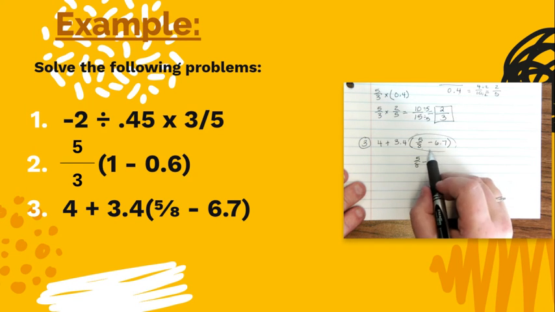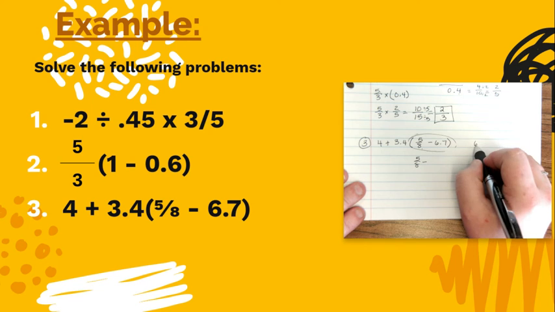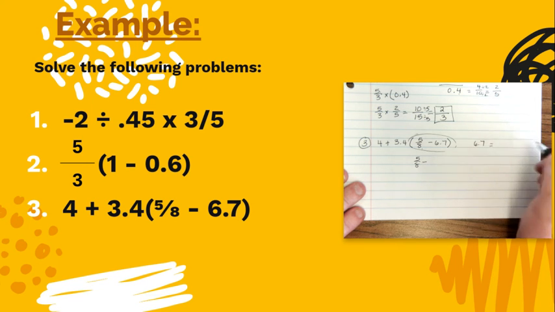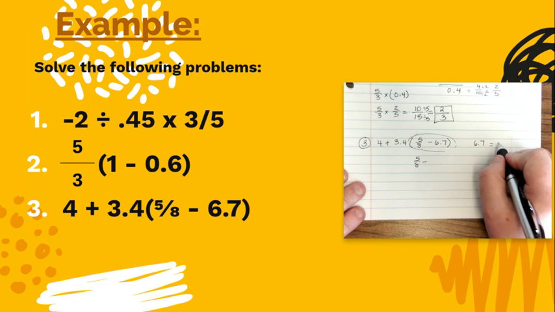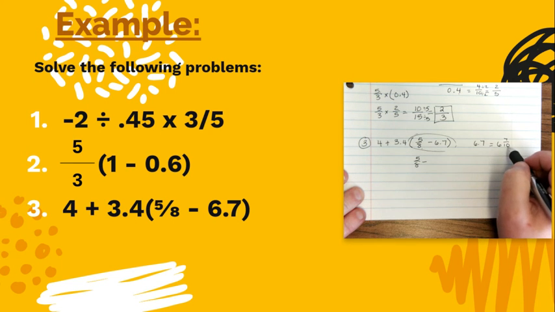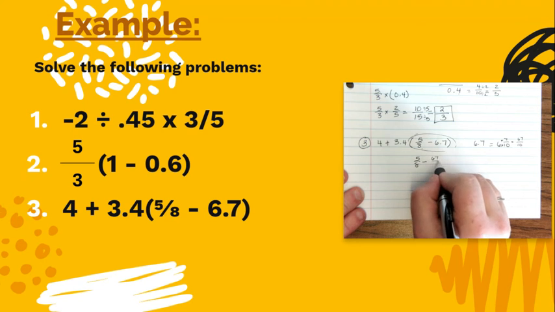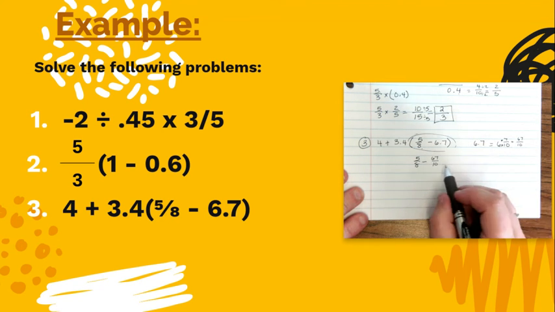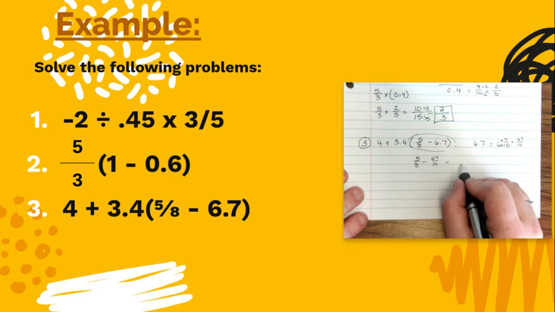minus 6.7. Let's look at what 6.7 is. 6.7 is 6 7/10. Okay. And then I'm going to do 10 times 6 is 60 plus 7 is 67. So 67/10. We're going to put those into common denominators. 80